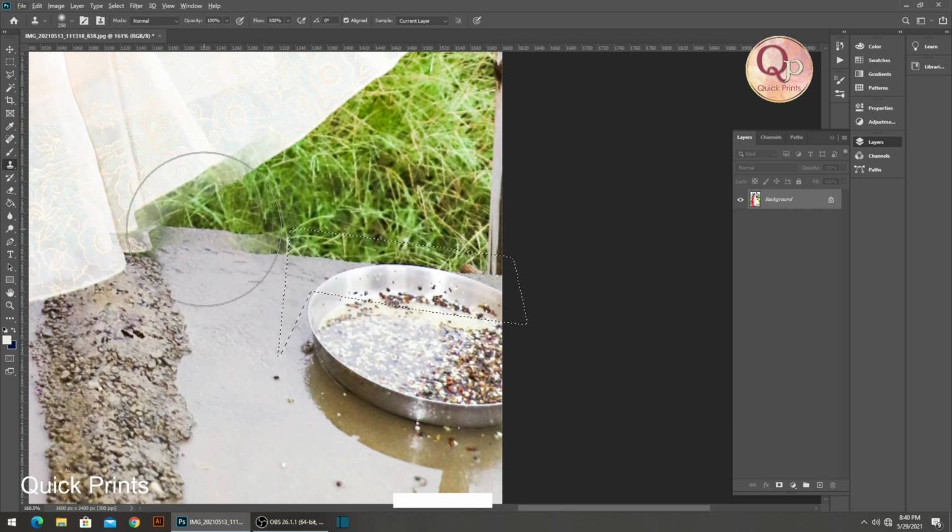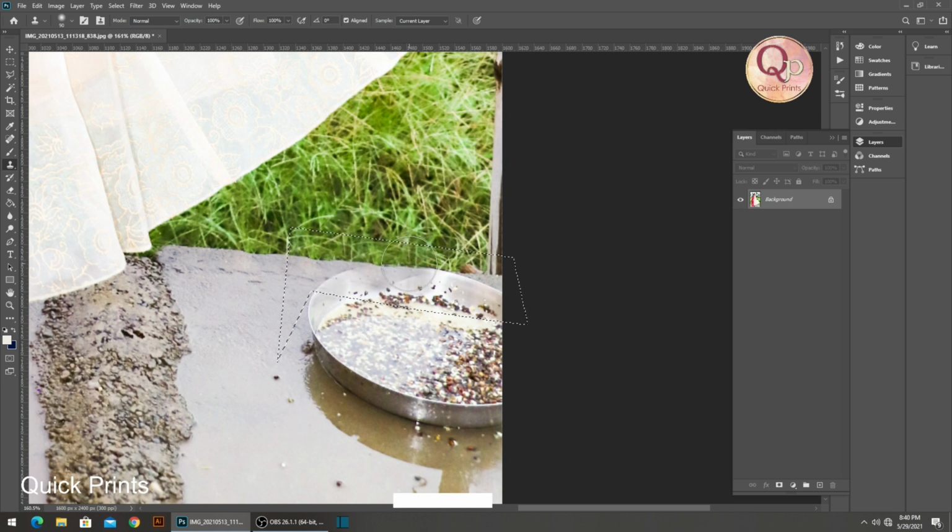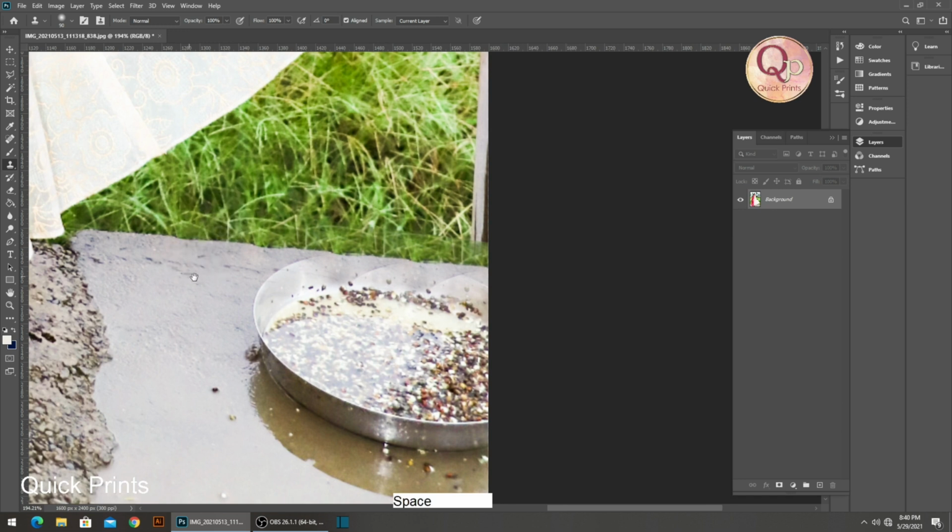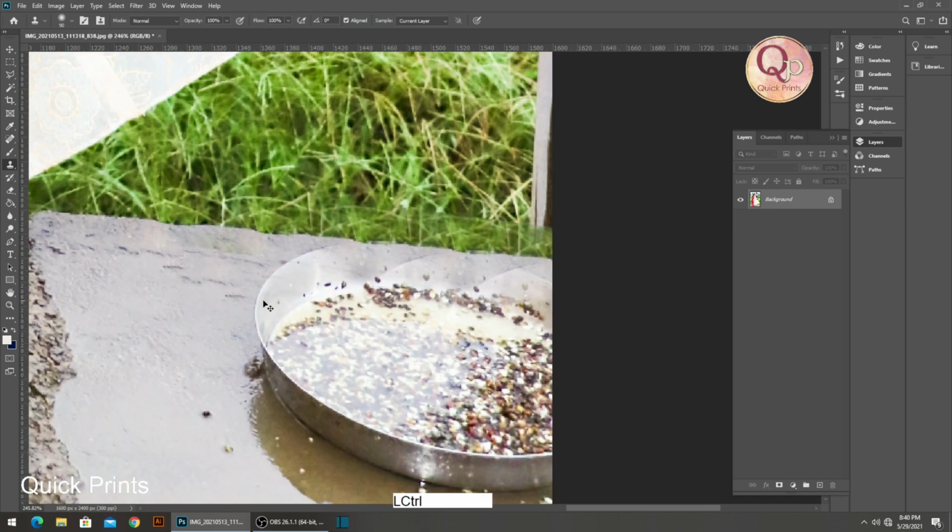We need to reduce the size of the brush because it was capturing this part as well. Right, click and press, click and press, click and press. So Control D. As you can see, we have done this.